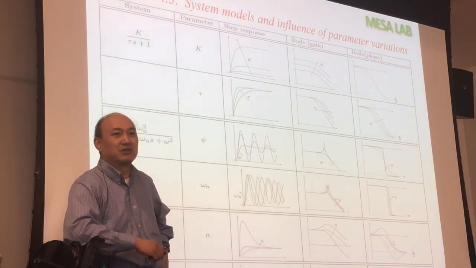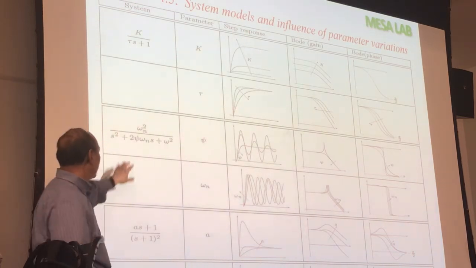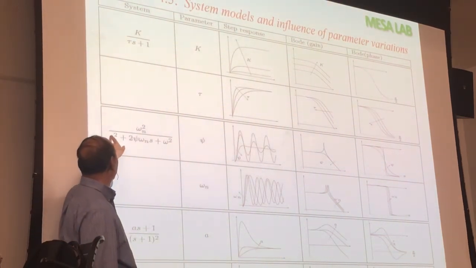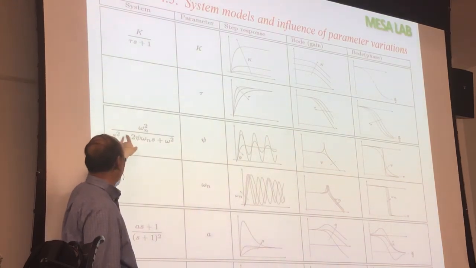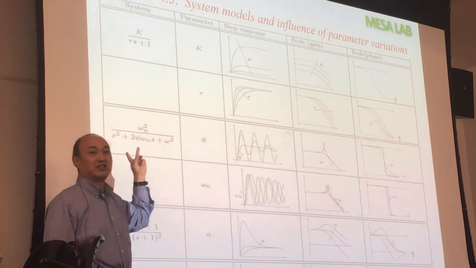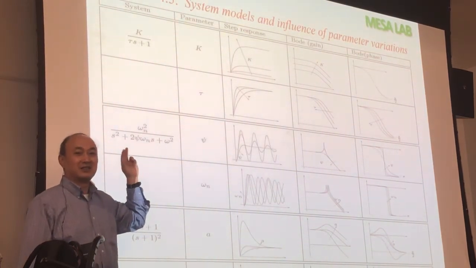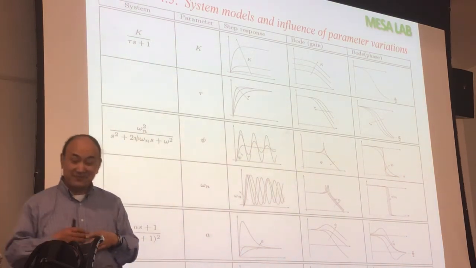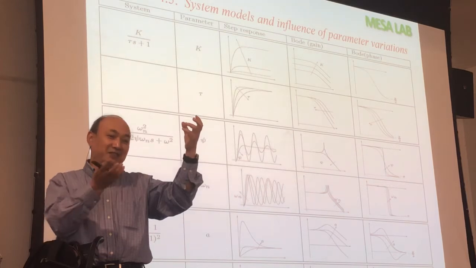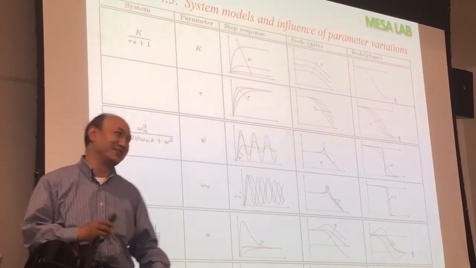What's the root cause? The root cause is because of this peak. Or another root cause is because this is 0, and this is j omega. This is minus omega squared plus omega n squared, and this is the same, it is 0. So in other words, those crashes are because of a divided by 0 event.